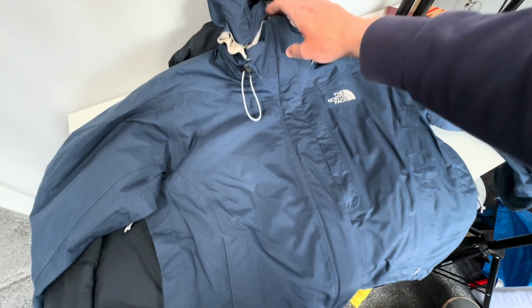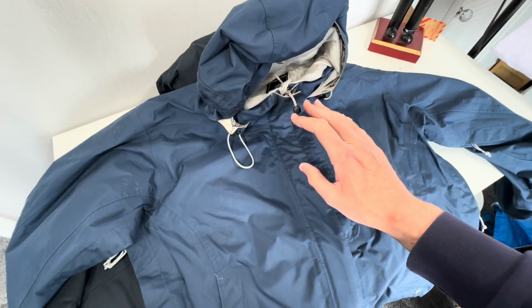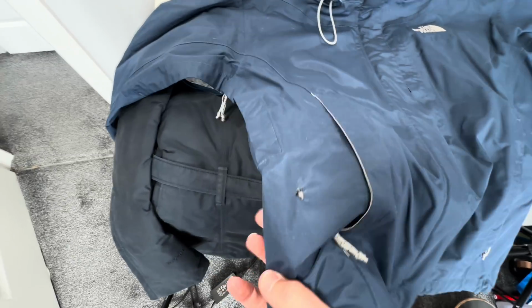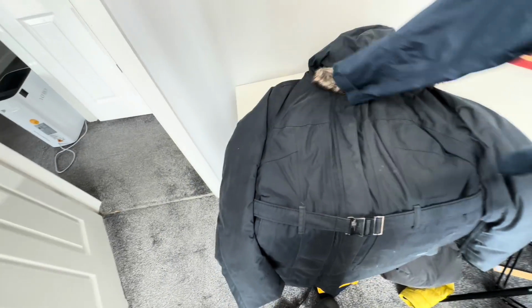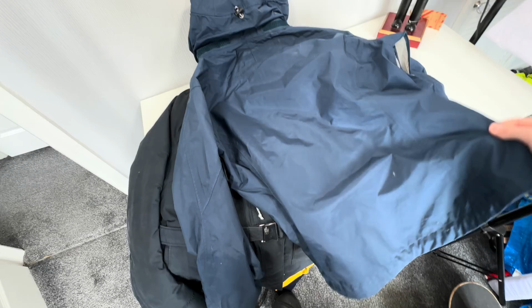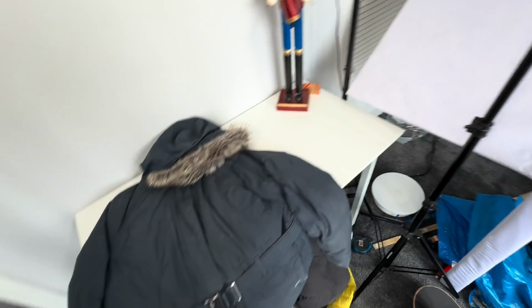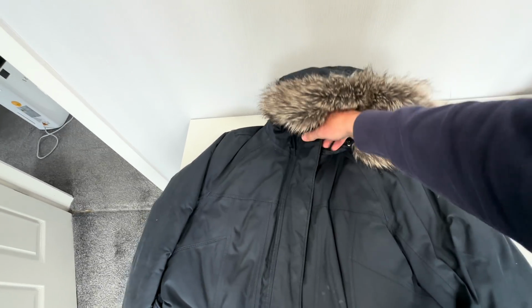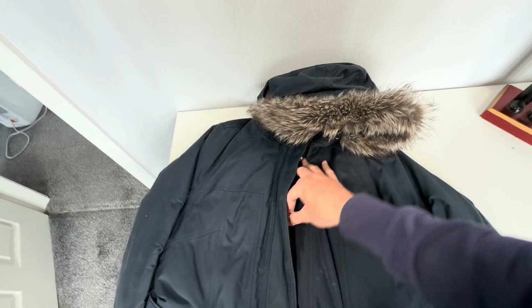So I don't know. I'll probably put it up as cheap as I possibly can, just because it's not even a small hole. It's a pretty big hole. And normally your money's safe at £5 for a North Face jacket, but let's say 15 quid on it. And also on the same stall, I bought this North Face parka,